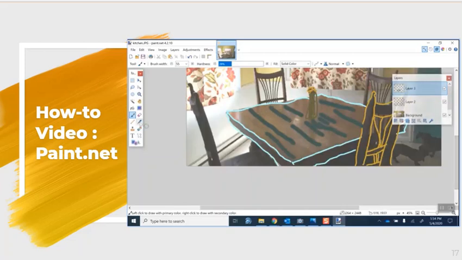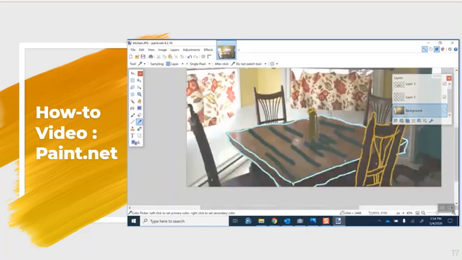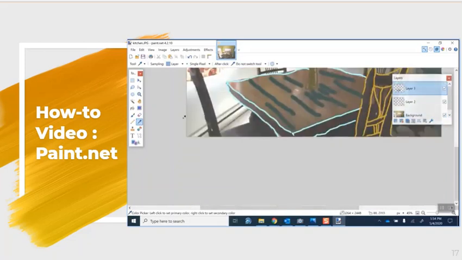And then I can do my color picker, and I'm going to be bouncing back and forth between the background and the foreground. So the background and the